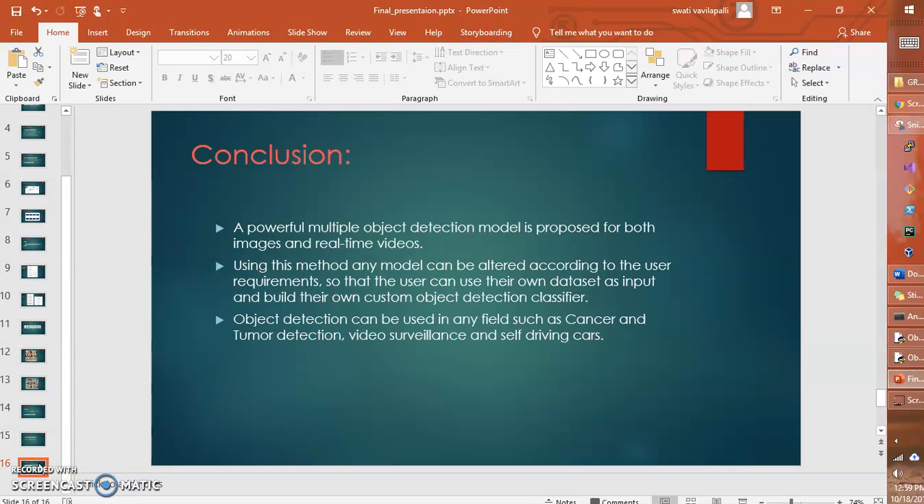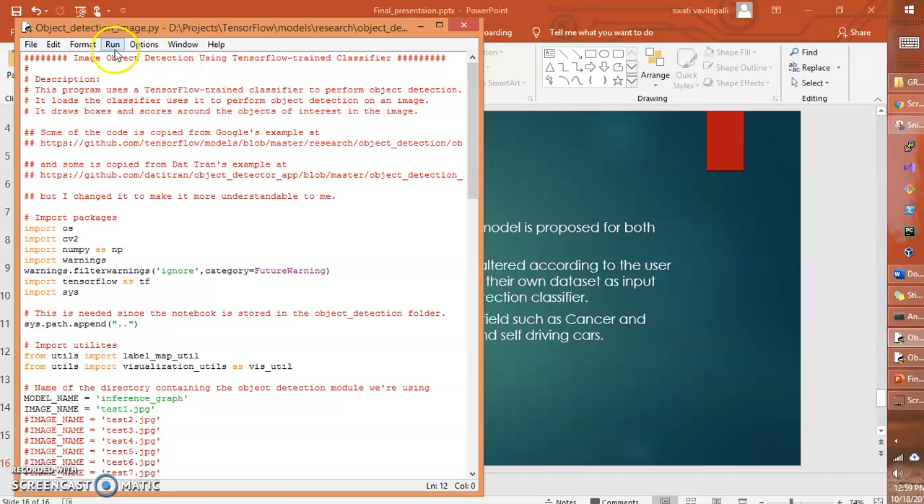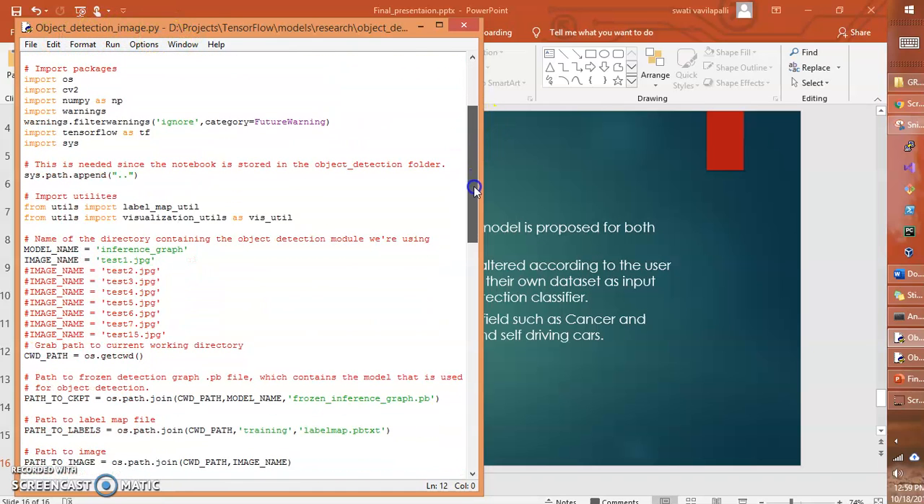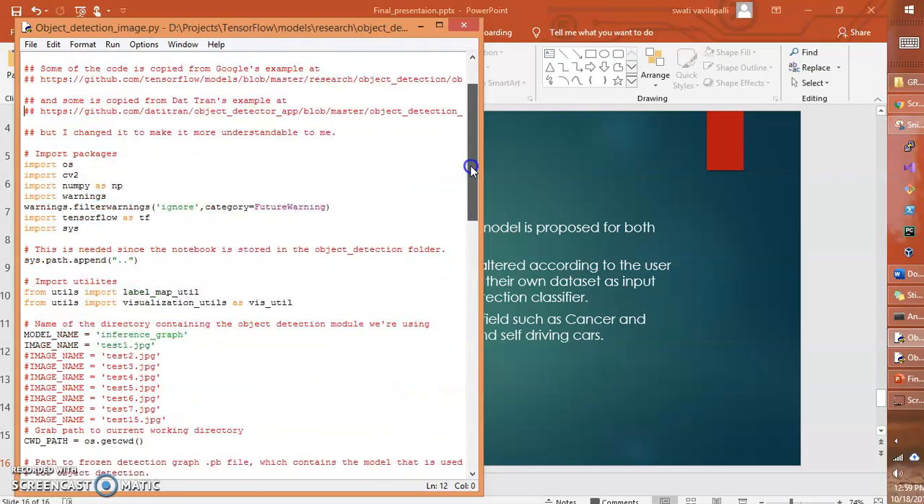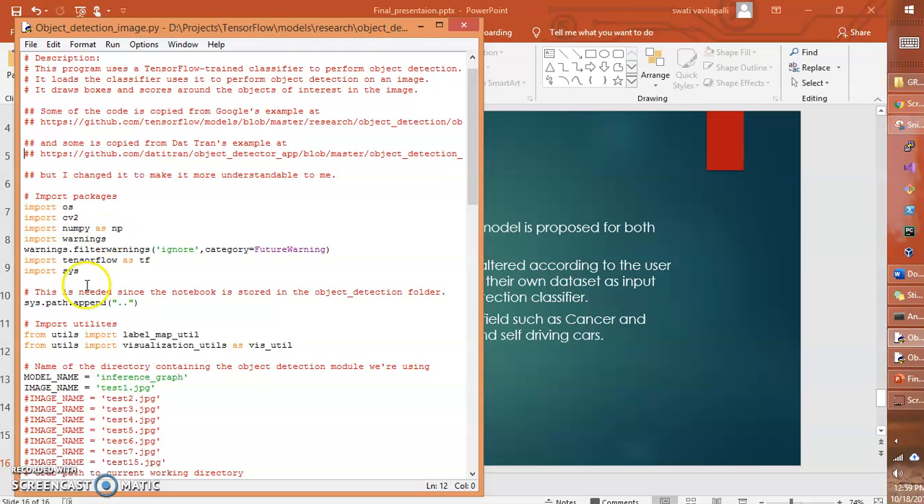So let's move on to a demo. I have 2 Python scripts. This one is for object detection in an image. As I have shown in the flowchart, the algorithm in the previous video, this is it. You just have to import the packages and then